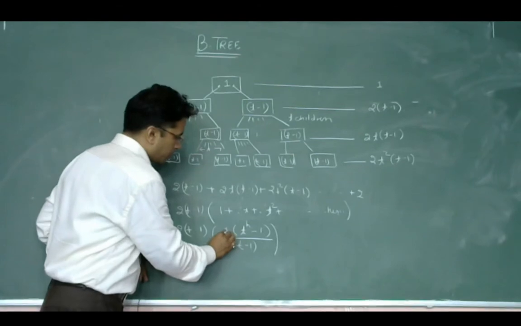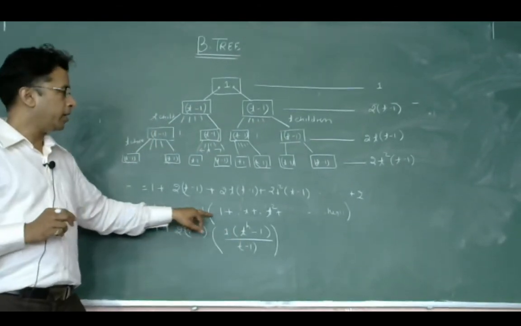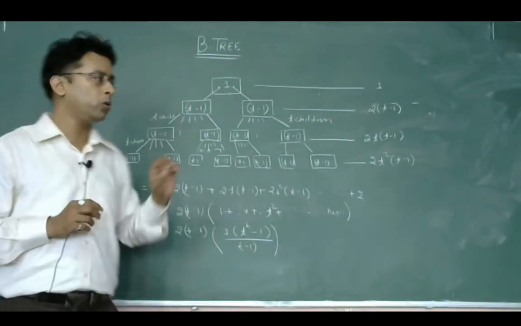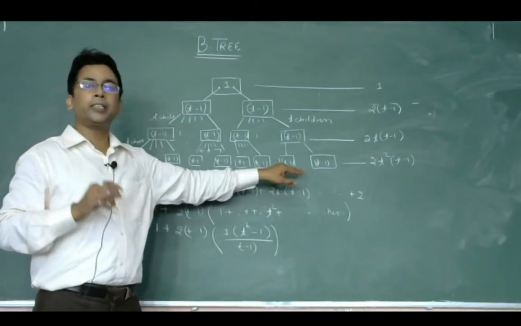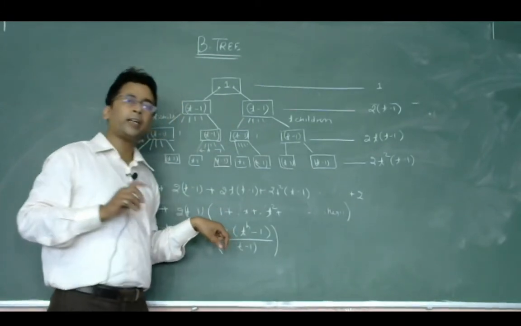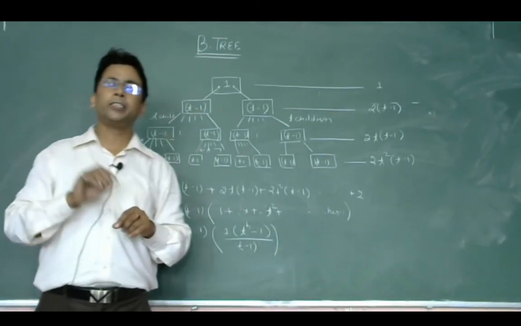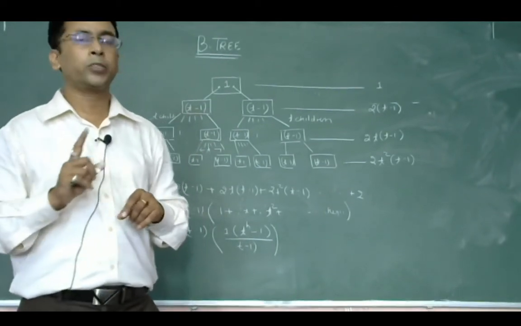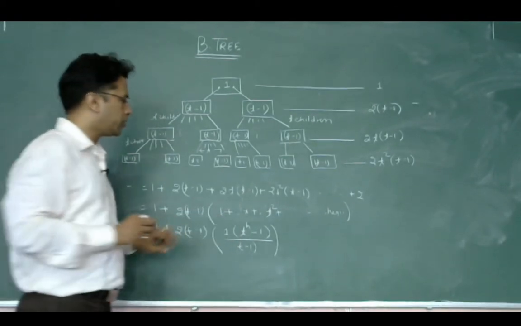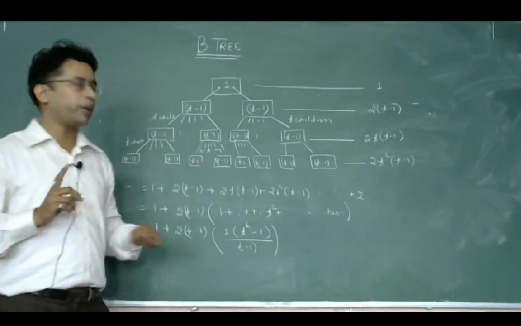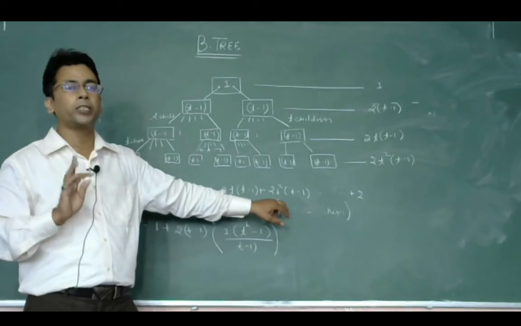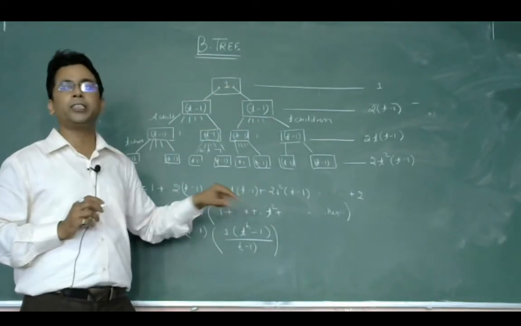Here a is equal to 1. Okay, since we are considering the root as level 0, and the height is equal to h, the number of levels would be equal to h minus 1. So we know that for the GP series the sum is equal to a into r raised to the power n minus 1 upon r minus 1. Here a is equal to 1, r is equal to t, and n is the number of terms. But here the height is h minus 1, though the total height is not h minus 1, it would be h, because the height of the tree is equal to h.